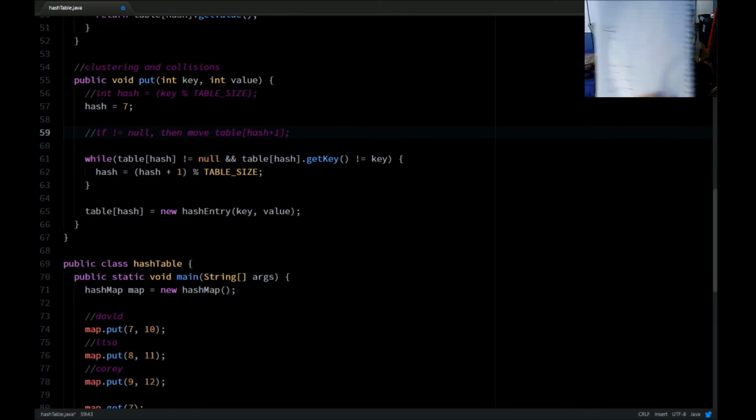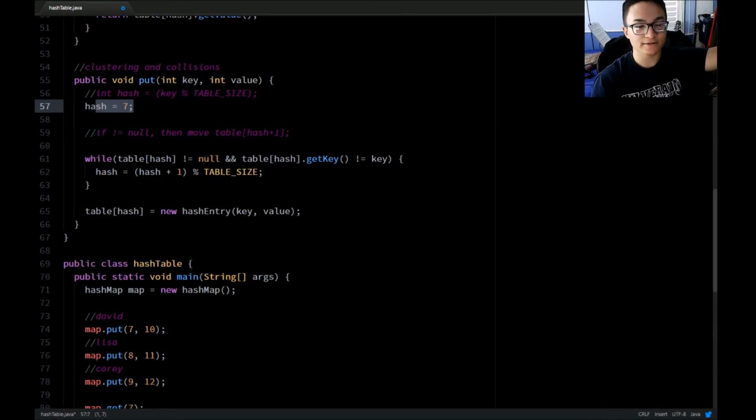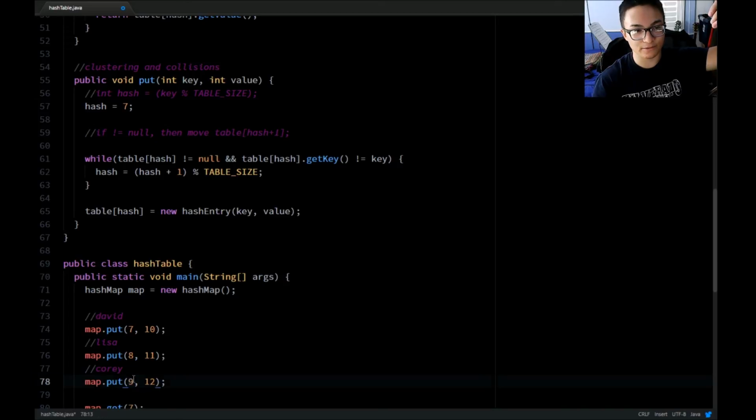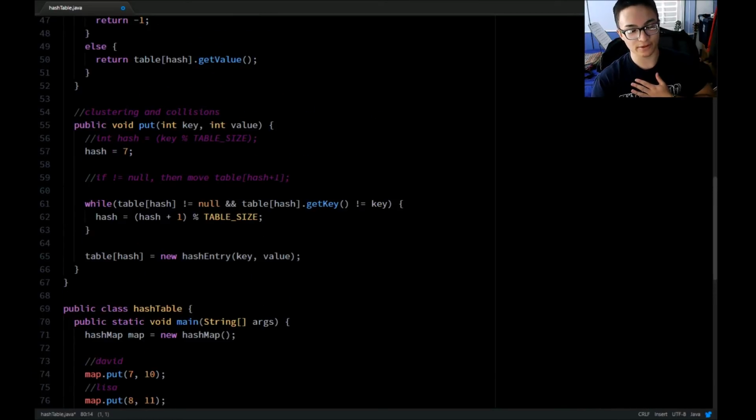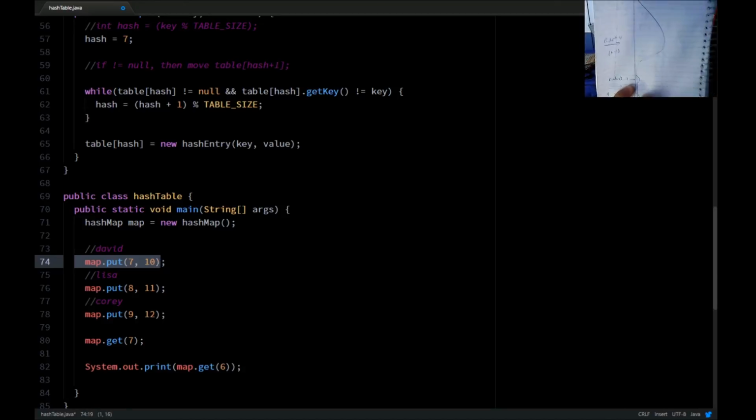So again, in this example you have David, Lisa, and Corey, and they hash to the same value, and your collision resolution is move over one and put it at the next possible space. The problem with clustering is that if I wanted to find Corey, and Corey hashed to 7, when you go to the get function, you would have to look through n plus 2 spaces, because if you get to the 7 and there's already something there that is not Corey,